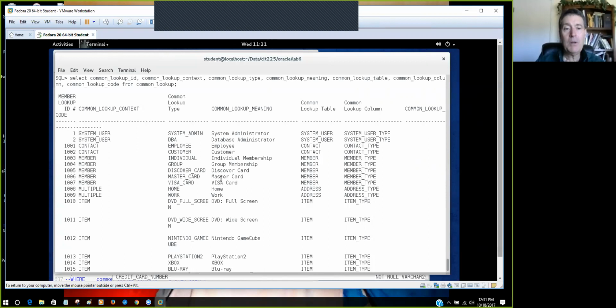But that's not correct, right? Because we have credit cards here, and they're really credit card type. Okay, so we need to do one more update to correct this common lookup column here to credit card type for these rows. Okay, and then these rows will be correct. How do we do that? I'm going to give you that code. Okay,